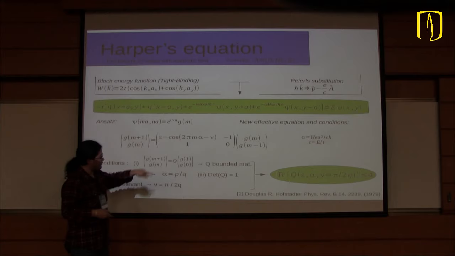Yes, what I was saying is that you can get the G evaluated in n plus 1 from the G in 0, and of course this will be a multiplication of matrices step by step. So in order to avoid an exponential growth, we are going to ask Q to be a